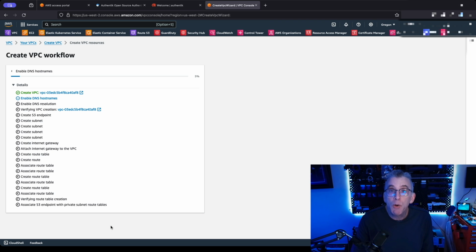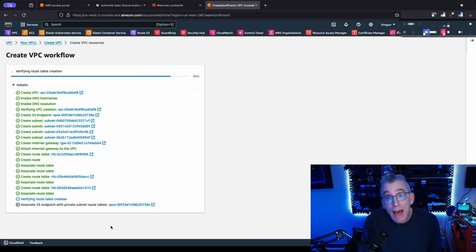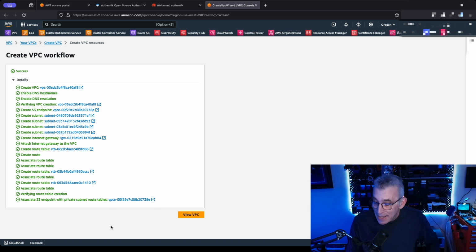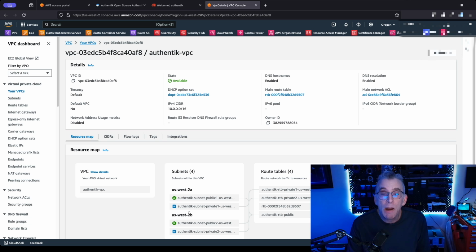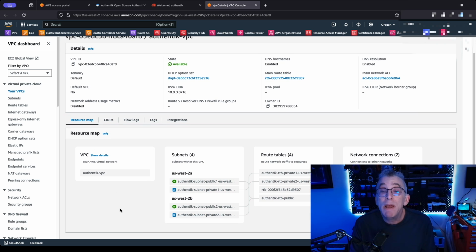I'm just going to click on Create VPC. Now everything that we've asked for will be created by AWS, and then it's going to tell us, hey, this is all successful, here's all the objects that we've created, and then we can click on the VPC button right over here in order to see it. So here's what we've got. We've got information at the top about the VPC itself, and then the resource map. We've got our Authentik-VPC, we have our subnets, our route tables, and the network connections that were created. So here is everything that we need in order now to go to EC2 and then to deploy our actual